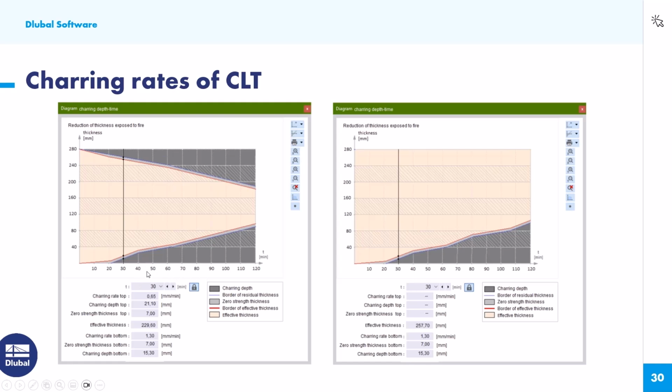On the bottom side, we see a protection. So it starts at time 0, and the charring depth increases for the first layer linearly by this charring rate of 0.65 millimeters. And from the second layer on, we get this increased charring